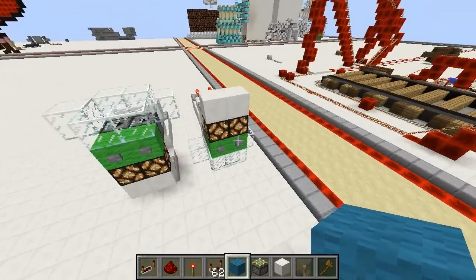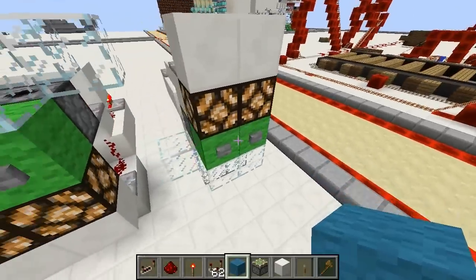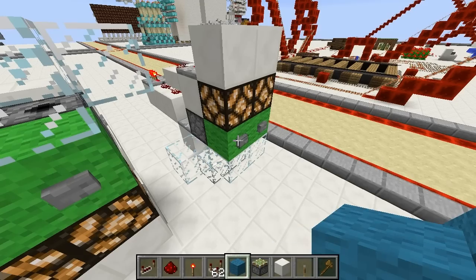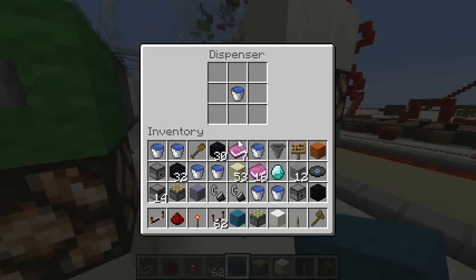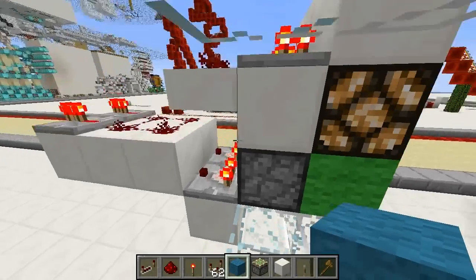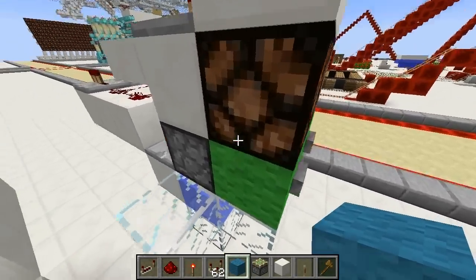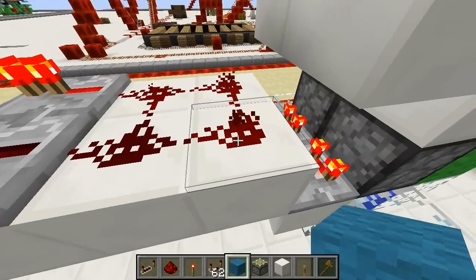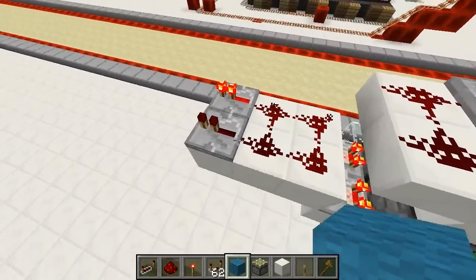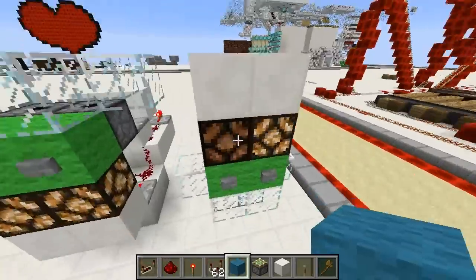Okay, so here's some old T flip-flops, which I made a long time ago, with some easy indication. That's one. It's using water. The signal strength from a water bucket is higher than an empty bucket because it doesn't stack. So as you can see, there's only 1 signal strength now when there's a bucket, and then you can take your output from here when it's 2 with the bucket. And it's one wide tileable,